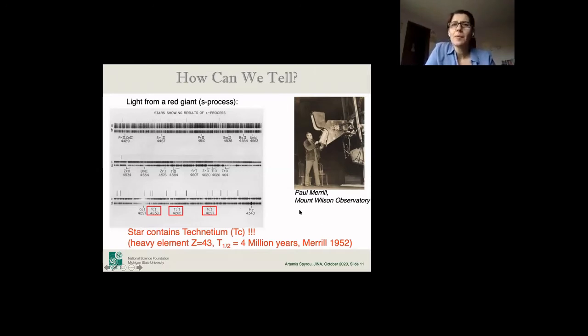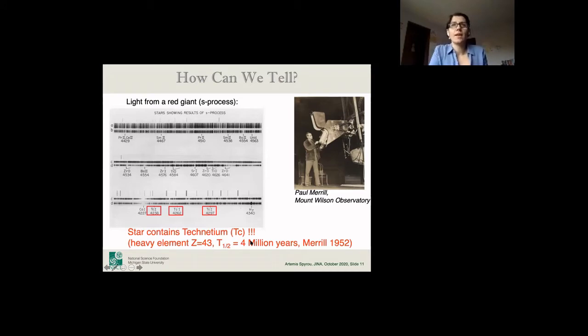And at the time, it was not completely clear if the elements were made in stars or at the Big Bang. There was a whole debate going on. And so you can imagine his surprise when he turned his telescope looking at a specific star and he saw lines of technetium. Just to get an idea, if we say that the Big Bang was a few billion years ago, and you see something that should decay within 4 million years, that's the half-life of the longest-lived technetium isotope.